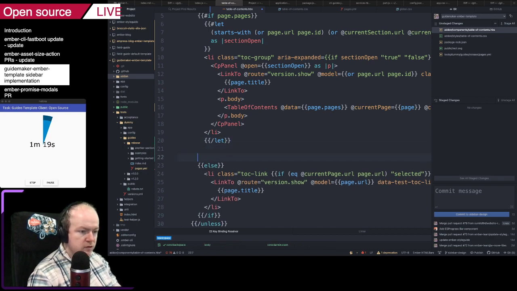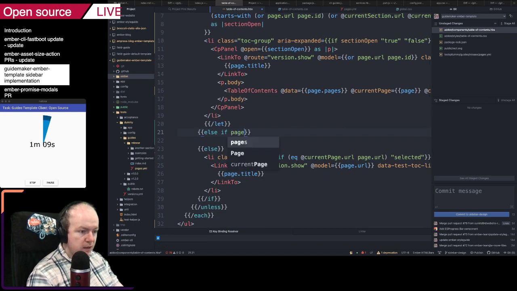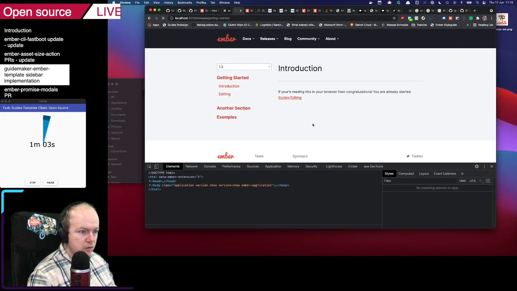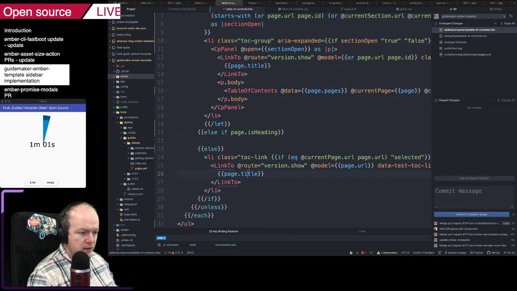Oh god, I'm doing so much stuff at the same time. We need to support else, if page dot is, okay, and the heading